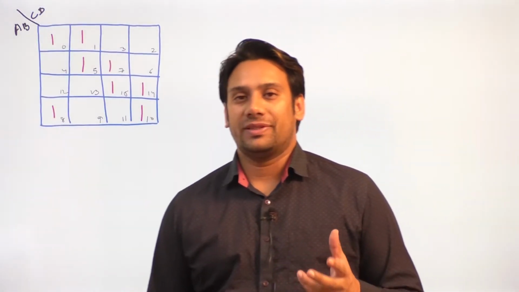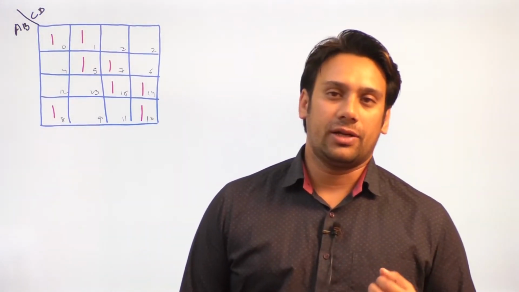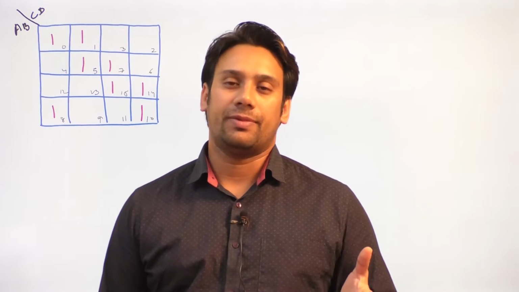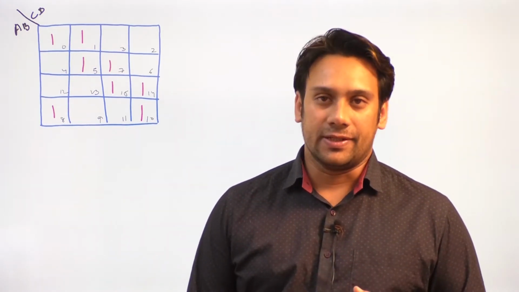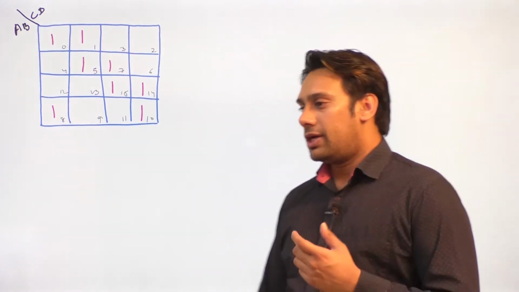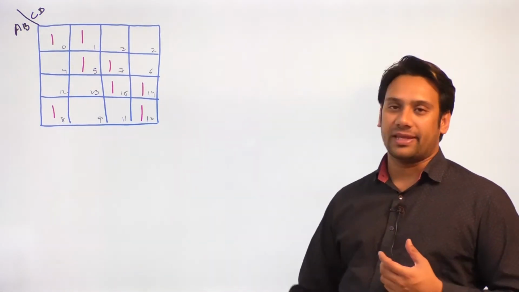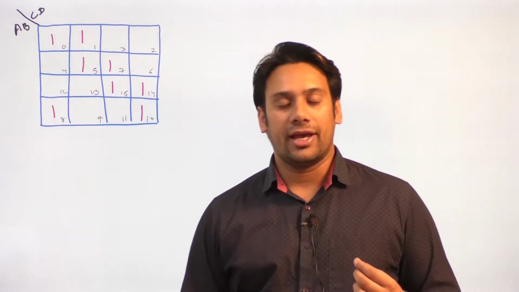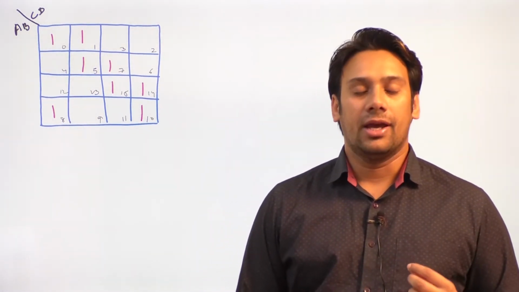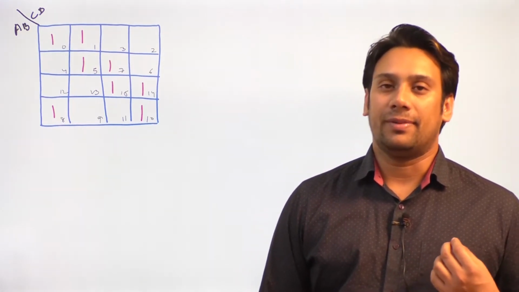प्रीवियस वीडियो में मैंने आपको बताया था, I told you in the previous video what are prime implicants, essential prime implicants, selective prime implicants and redundant prime implicants. And in that previous video I have also shown you a K-map like this, and in that K-map I told you that we do not have any essential prime implicant. आपके पास कोई भी essential prime implicant नहीं है.